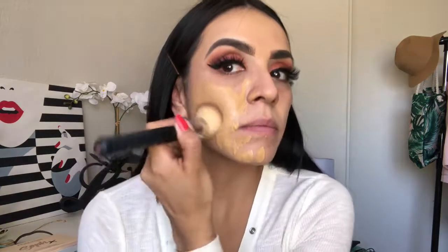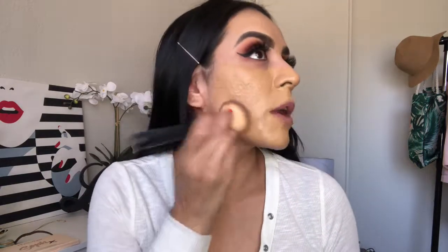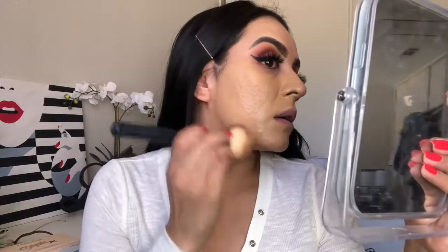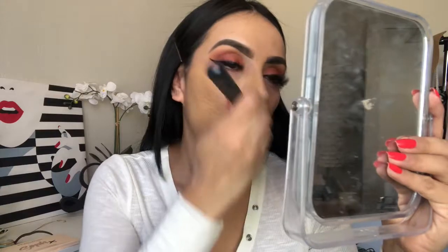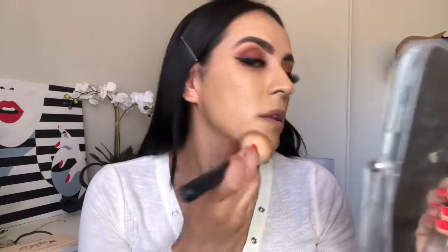It has your typical smell, the usual. So, oh wow, it is super yellowy. I didn't expect that. But it's blending pretty well. It did cover a little bit my blemishes, but then again, this is a medium to full coverage foundation. It is buildable. It is intensely yellow. It's not picking it up that much, but in person it is super yellowy. It's not as luminous. I mean, it is a hydrating foundation, so